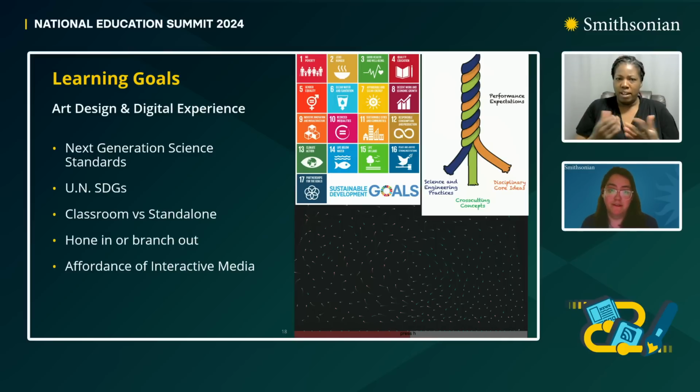Two that we use very often are the Next Generation Science Standards. This is a set of science standards for the classroom curricula that we develop at SSCC use very heavily. And so we're able to lean on the curriculum developers of those curricula to lend their expertise on those. We also have curriculum developers that work with the UN Sustainable Development Goals. And so very often we lean on them for how we can design for those more long-term science goals.